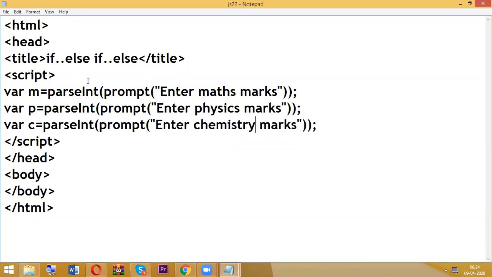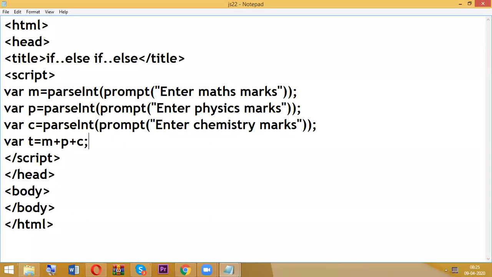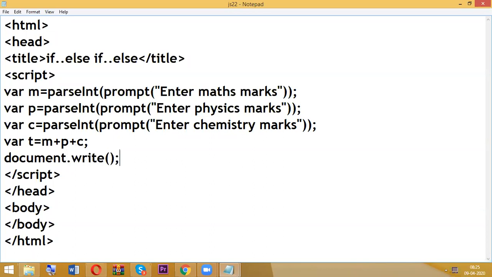Okay, so assume that all the 3 marks are entered. Then finally what we will do? Total. So total equal to M plus P plus C. So I want to display document.write total. So go and check.